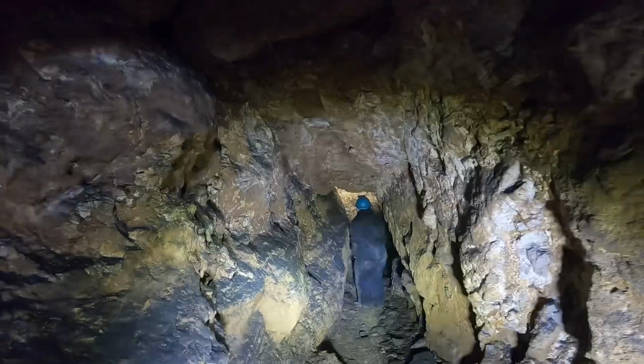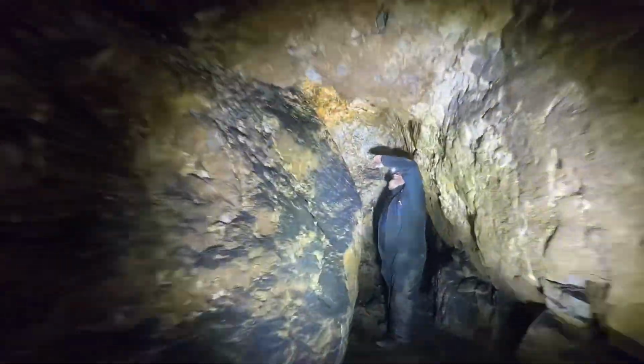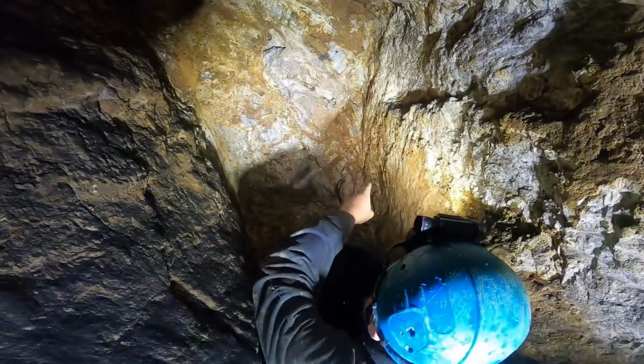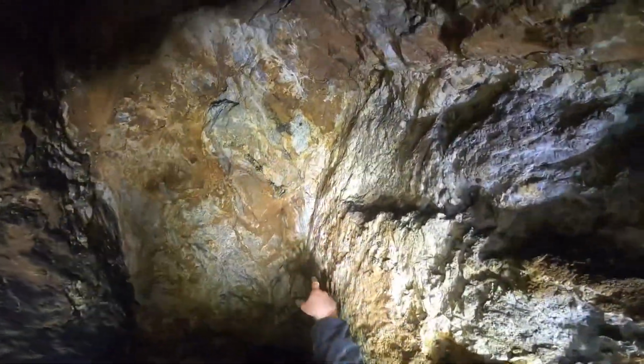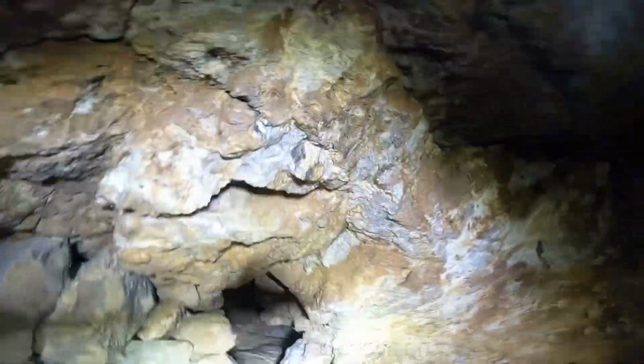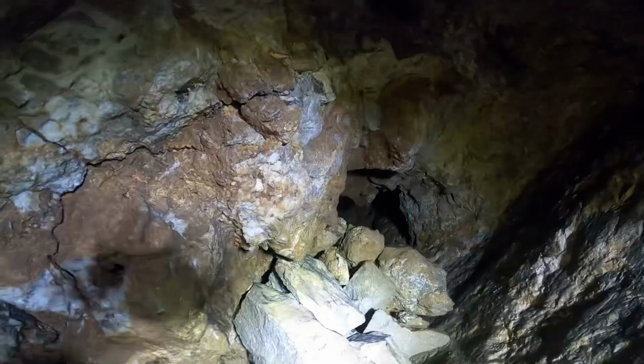There's a pocket here with vein material in it. So this is all barite. And there's your galena up there, in the corner, you can see tiny little spots. There's a pocket going back up that way behind you. You can see all the stacks of that. Old man's